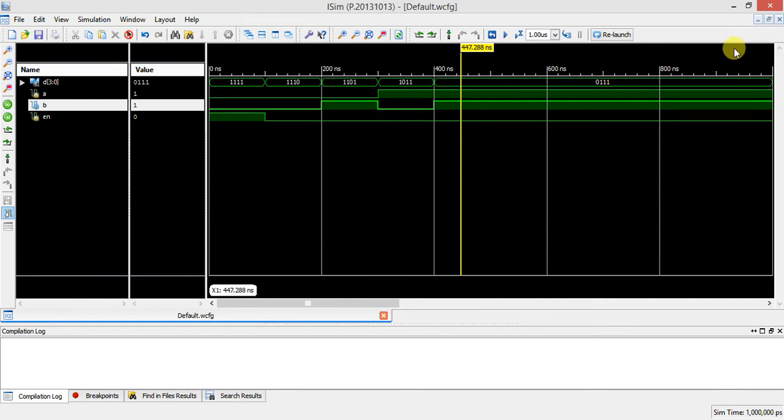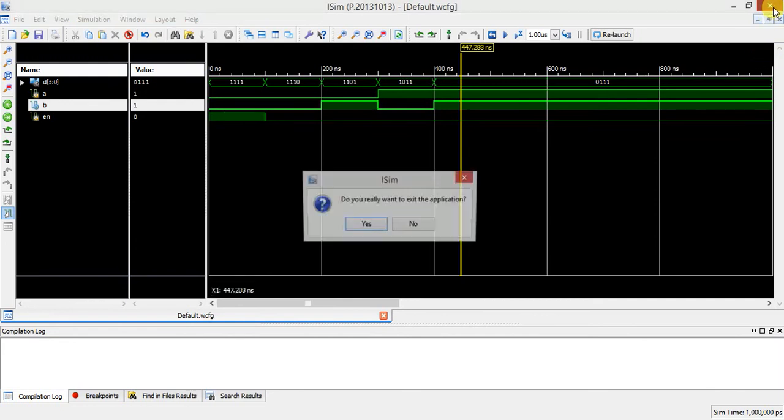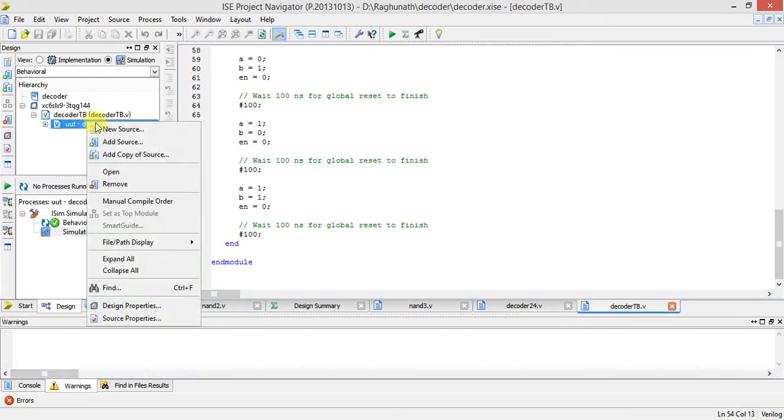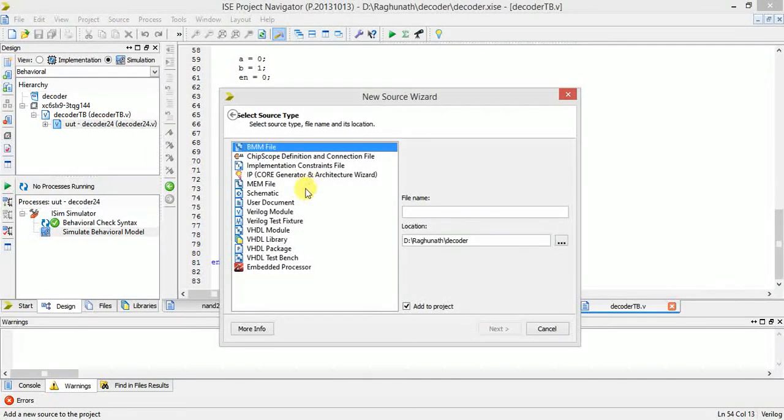So now after that, for implementation you have to right click here, where it is a project, then add a new source and click on implementation constraint file.